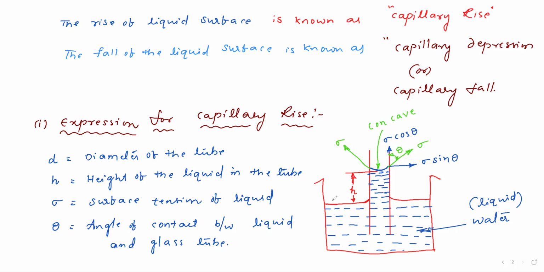Here it is clearly mentioned: key expression for capillary rise. Capillary rise means, look at what is the level or amount of water raised inside the tube, that we need to determine, that is H, right? So we need to determine this H. We are aware of the diameter of this tube, so from this we can get the area, right? And we must calculate the weight of the liquid of height H, right? And we have surface tension, then we have to know the tensile force, because here it is pulling, right? What is the tensile force? So look at now,